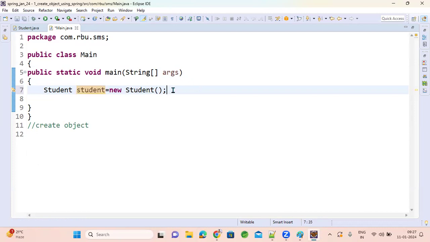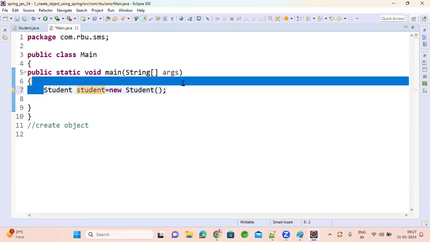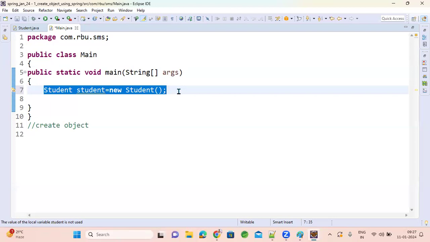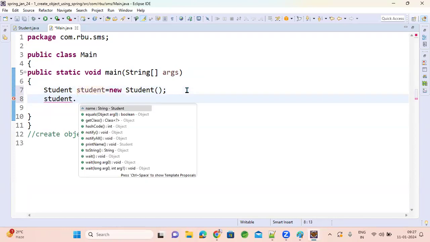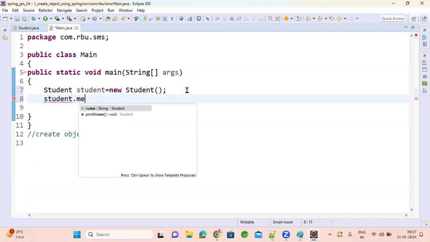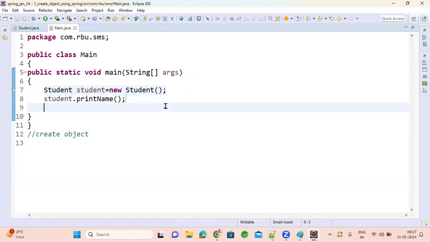Imagine when code starts execution at line number 7, this code will be loaded into your machine. Once loaded into the machine, we are able to perform method execution or anything.